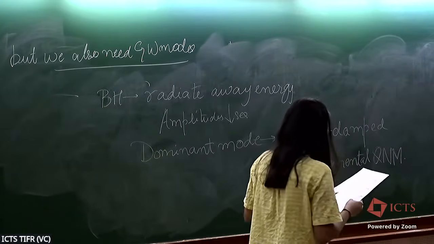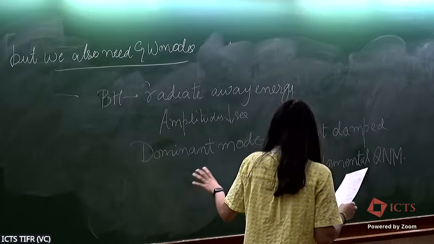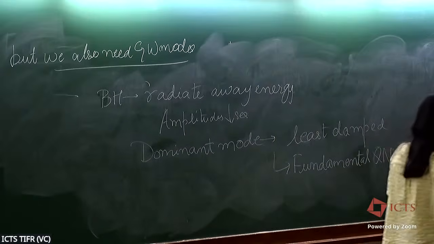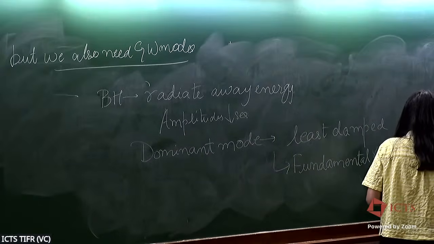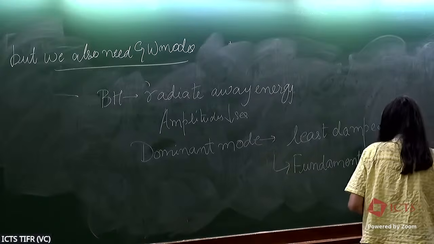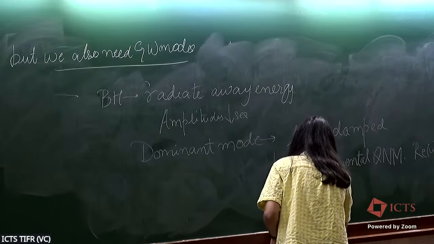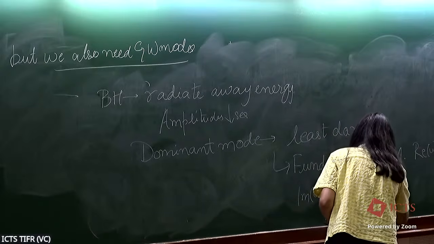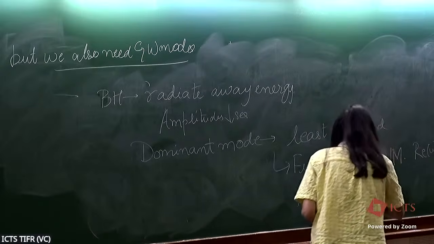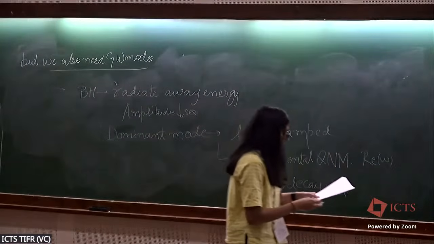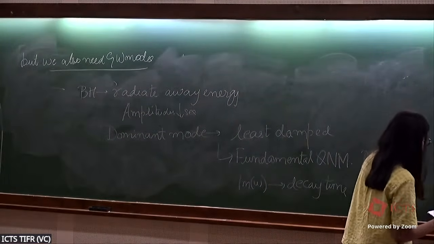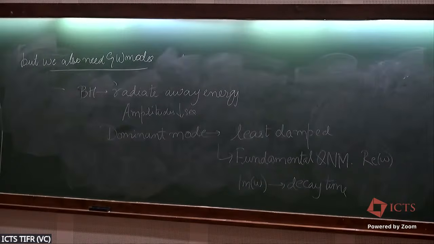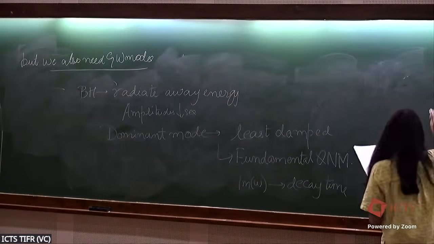And this is a mode of the final black hole. And this is the real part of the frequency that we said. And the imaginary part of this frequency will give us the decay time of this mode. This is obtained by numerically solving the Regge-Wheeler equations. And the dominant mode in GR is